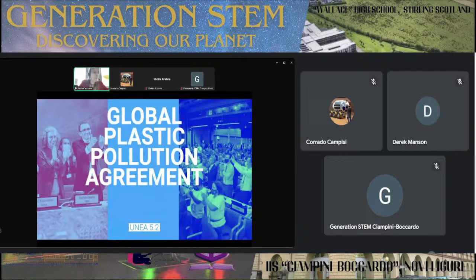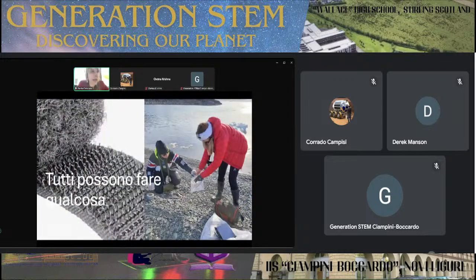So nowadays, maybe you've heard about the first meeting at high level of all the nations to get a global plastic pollution agreement, like the climate and the global warming agreement. These are political meetings. Of course, scientists participate and give their contribution, but it's very difficult to reach political agreement. Although it's a very good initiative, they didn't reach any conclusion at their first meeting. There is a second meeting foreseen now in 2025. But we cannot wait for the legislation to change to do something. We have to do something today.